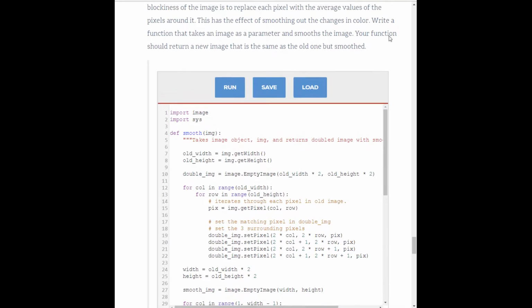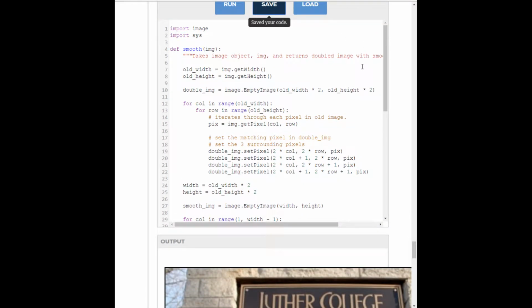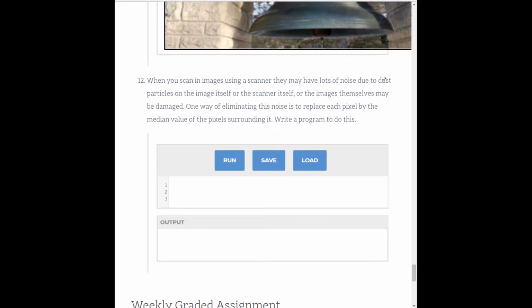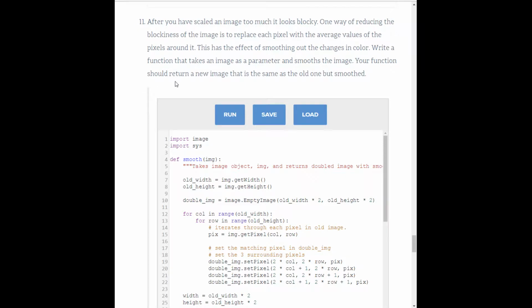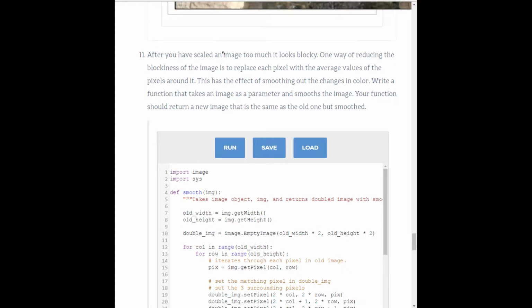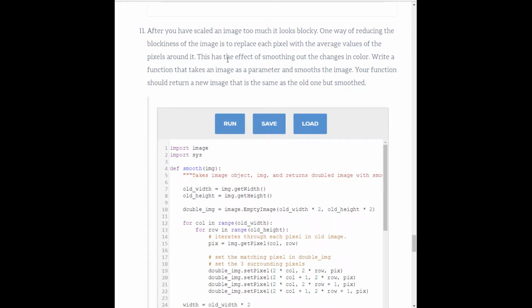Okay, so number 11 here is tough, and the same goes for number 12 down below. Very difficult, but if you can work out what they're asking you to do, it's theoretically, I think, within your ability. So it says that because our scaled image ends up looking blocky, which is true, one way of reducing it is to smooth it out, essentially, which is take the values of the pixels surrounding it,